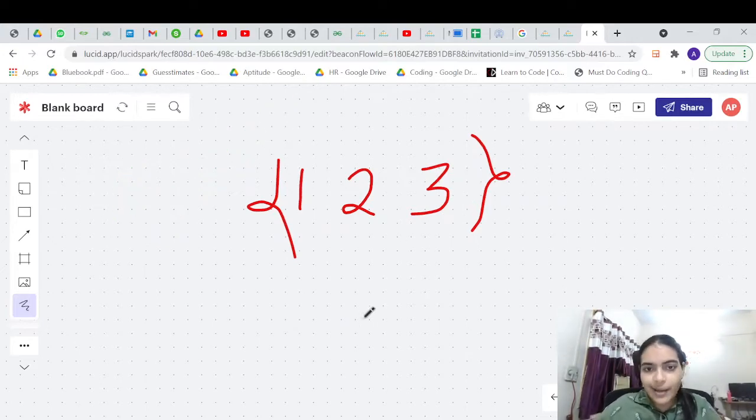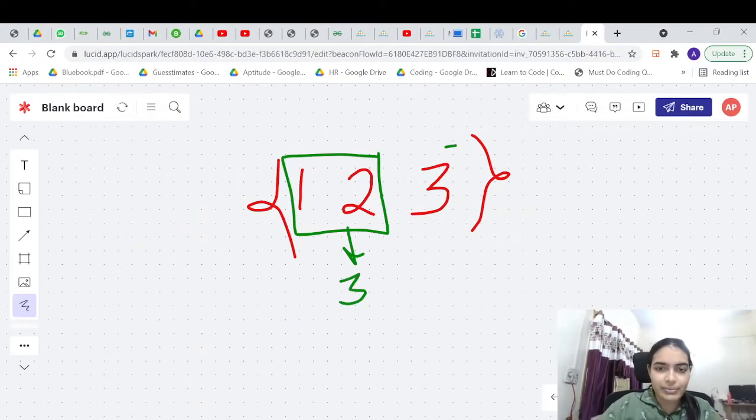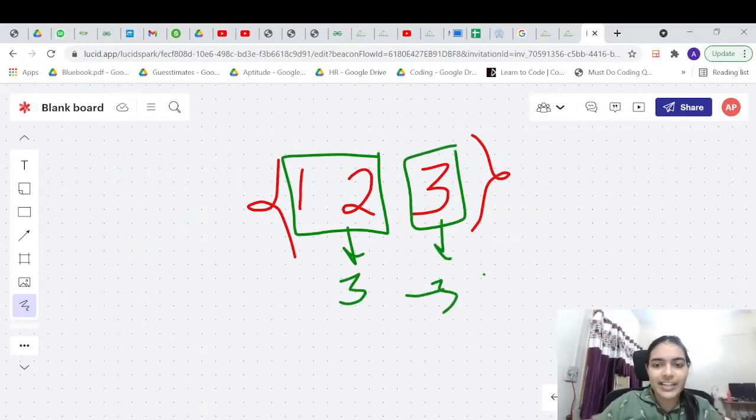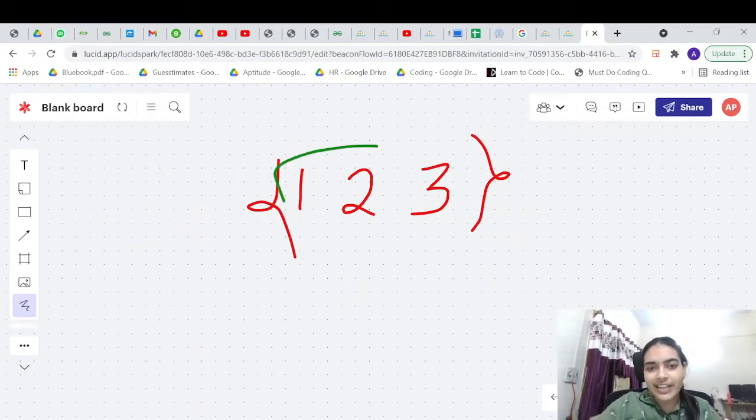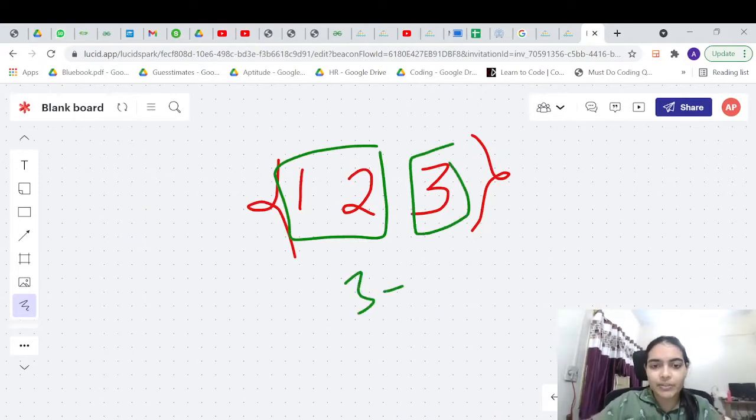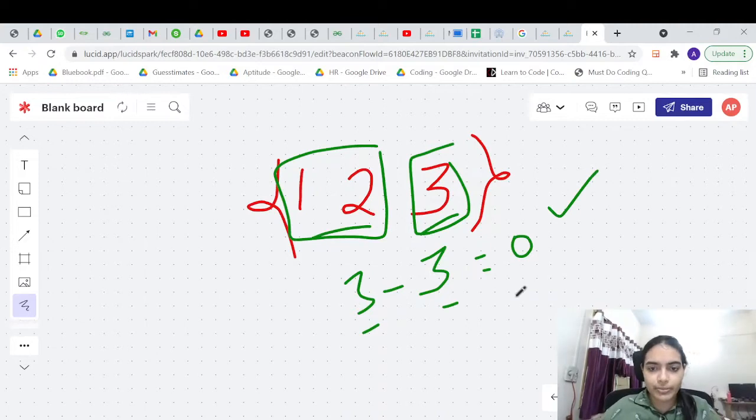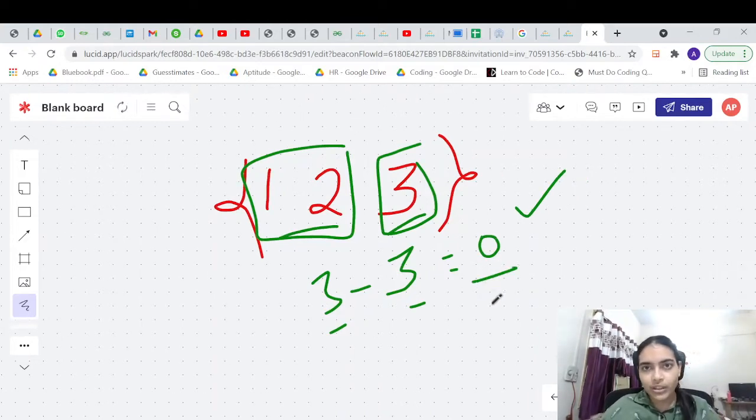For example, in this case it's very easy to spot the answer. You take this, it will be 3. You take this, it will be 3. 3 minus 3 is 0. 0 is the best case, right? Difference between the sum of two subsets is 0. This is the best possible case. You cannot get a minimum value lower than this, right? So you have to take the absolute value. So obviously you cannot get a minimum lower than this, so this will be the answer.